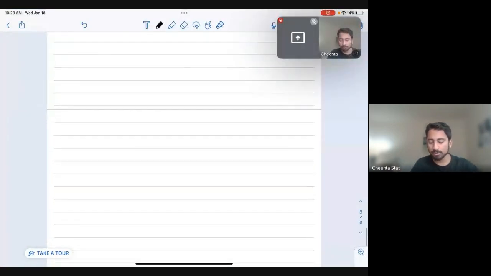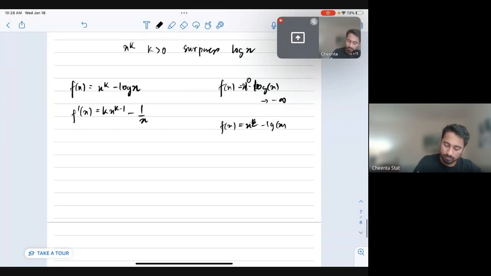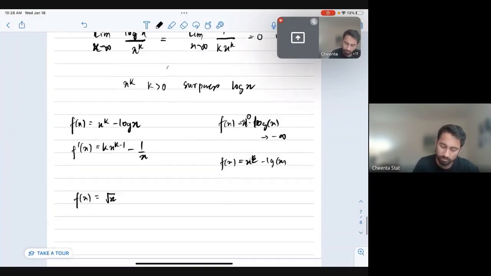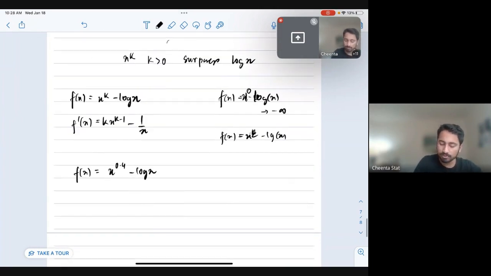So therefore, the problem is this, that for this problem it's solved. For example, if you take root x, or not root x, let's say x to the power 0.4 minus log x. Okay. Or let's say 0.5 minus epsilon minus log x. You can easily show that f dash of x is nothing but,